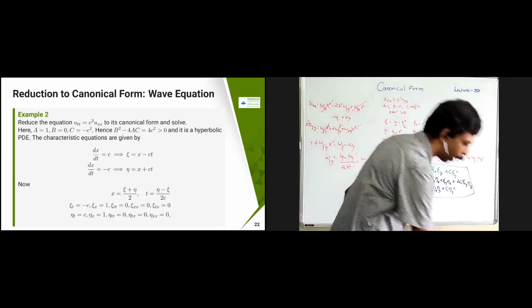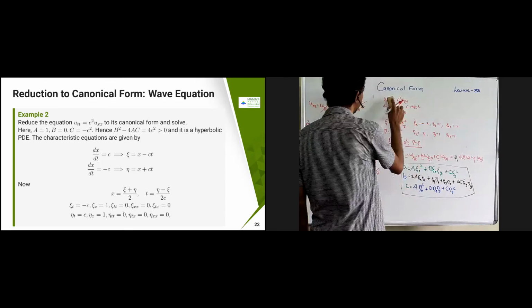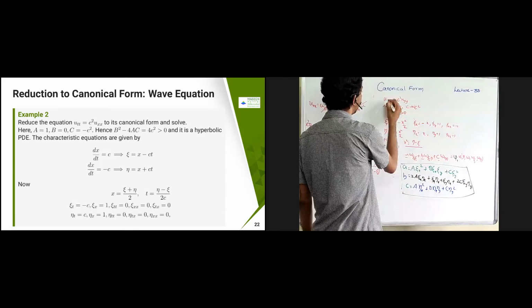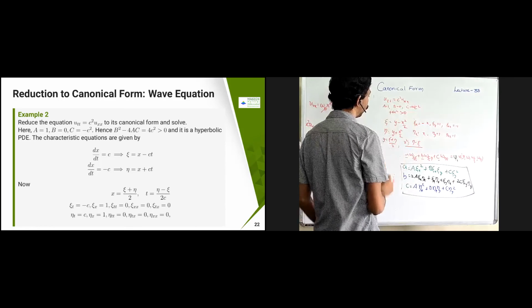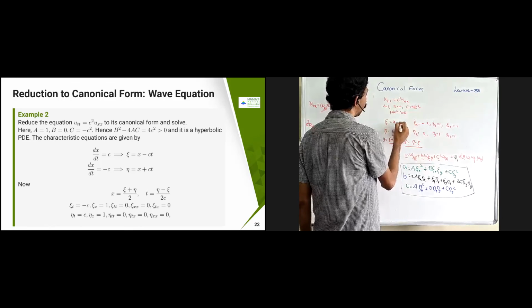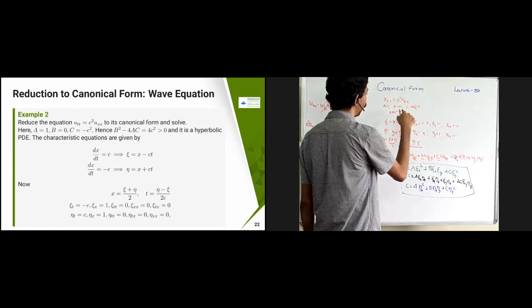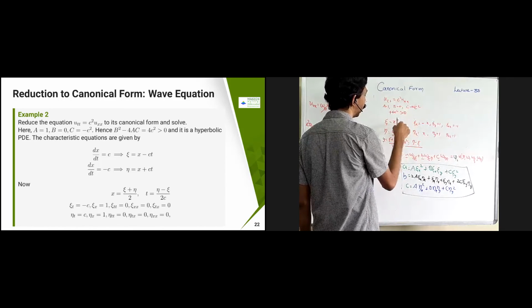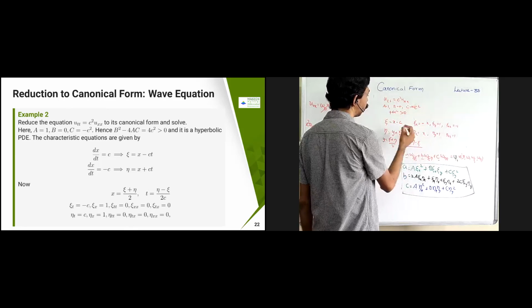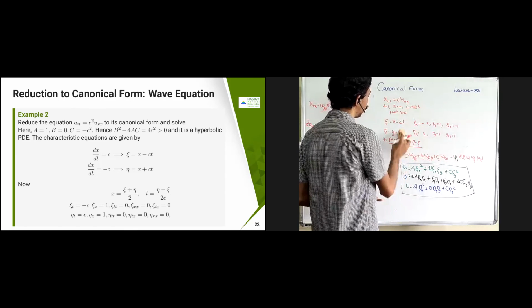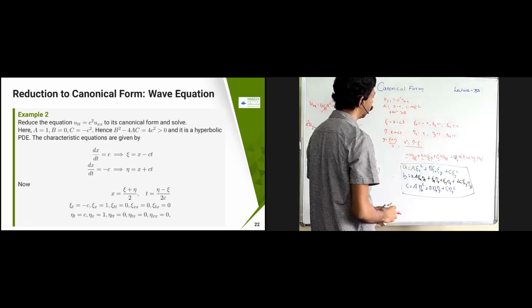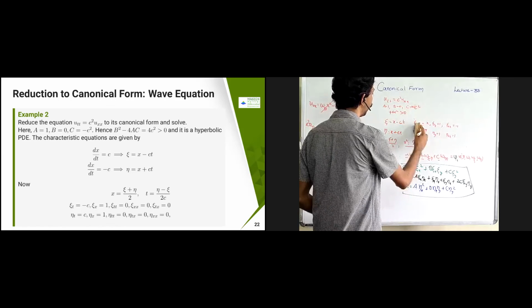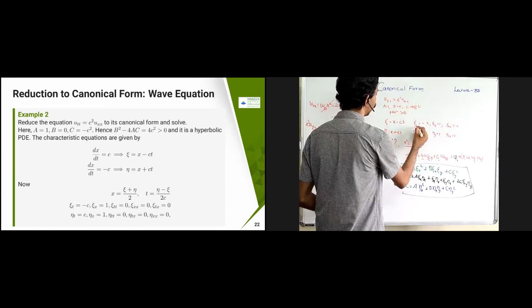Okay, so here all the symbols I am going to change, because it is the wave equation. So I have u_tt and u_xx. All the symbols will change. In the place of x I have t, so chi is going to become x minus c into the integral of dt, so x minus ct. Similarly, eta is going to become x plus ct. So if I find chi_t, chi_t is going to become minus c.